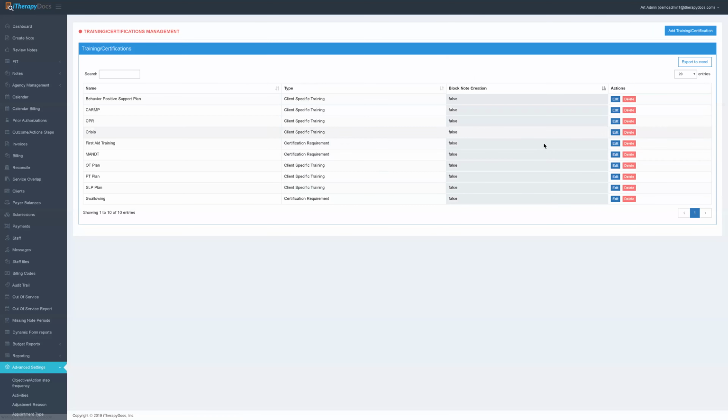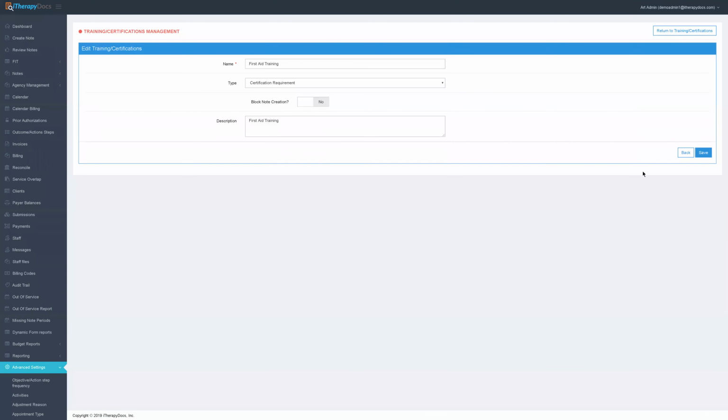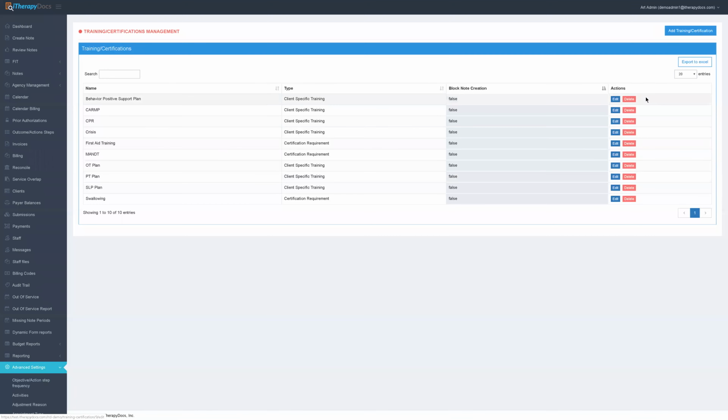You can edit all of the descriptions and things like that, and that is how you're going to view the descriptions of the trainings as well in the edit screen. You can also delete trainings out of here. Keep in mind, deleting trainings out of here will pull it off of all of the staff and clients you